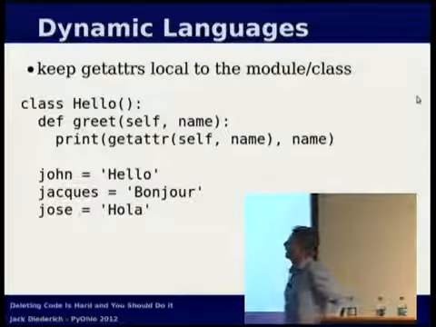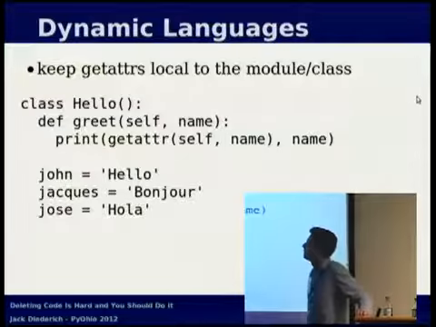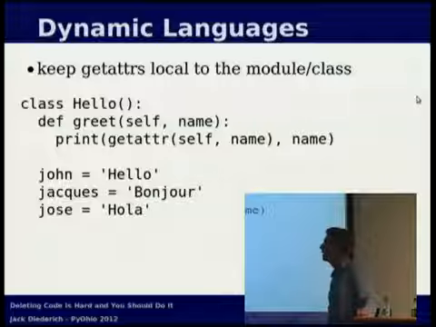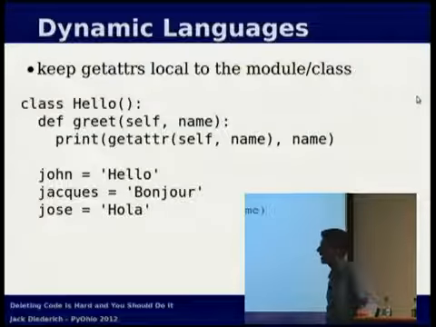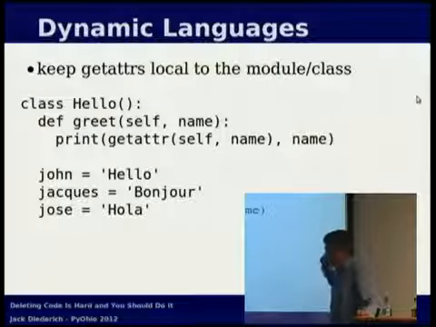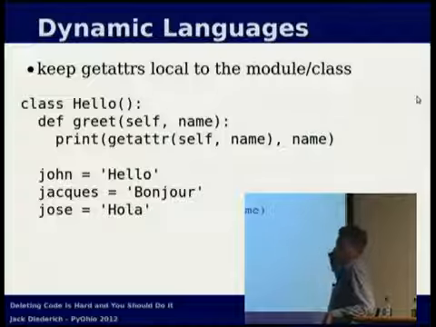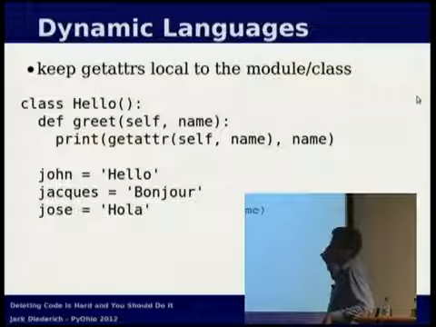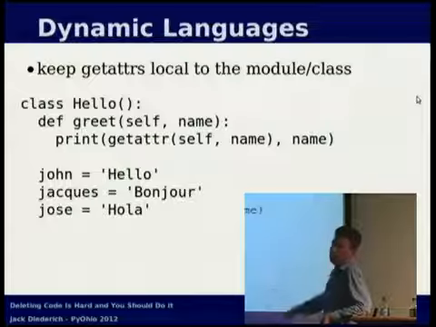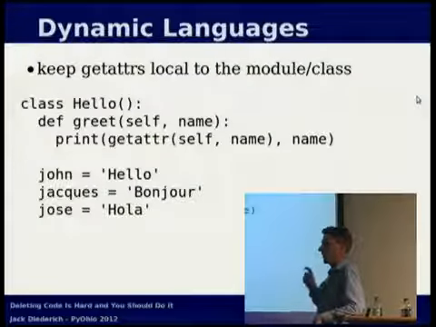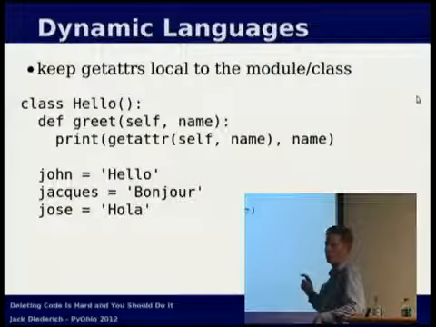To combat that a little bit, here we have a getattr that just has a plain name, which is a string generated somewhere by somebody, and gets an attribute off a class. This is a little bit easier to find things because once you're not using that class hello anymore, you can delete the whole block. So if you only create the strings that you're going to dynamically look up inside a module, then you at least know where to look when you go to delete something.